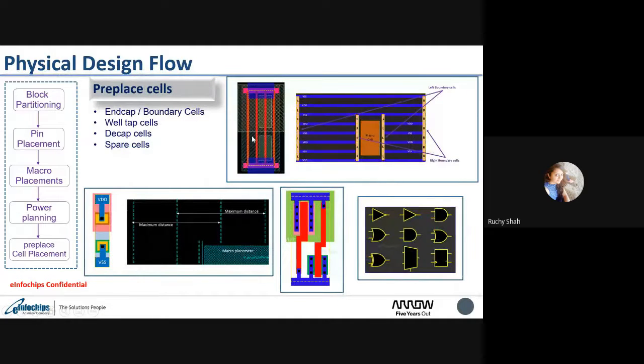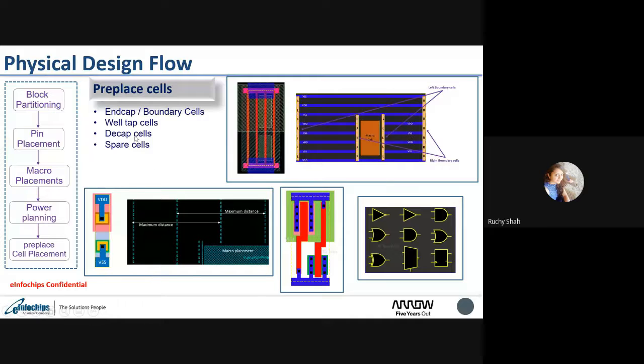So first of all, here are the boundary cells. Boundary cells have no pins, just the poly layers here. Again, I'm not going in depth into why they are used and what the benefits are, as it would be very detailed. Just for information, the boundary cell is required and it is placed along the boundary, and wherever a macro comes in between, around it. Obviously the top side and bottom side also get boundary cells, which are not shown.